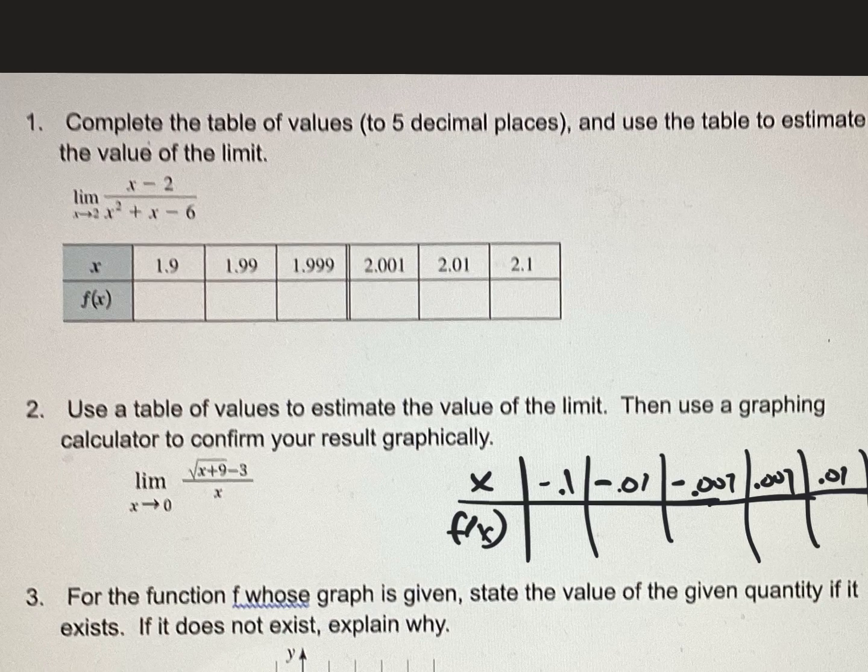Right, guys, let's get through this test 27 review. And it's all about limits. The first part is complete the table of values to 5 decimal places. Use the table to estimate the value of the limit. I'm punching this